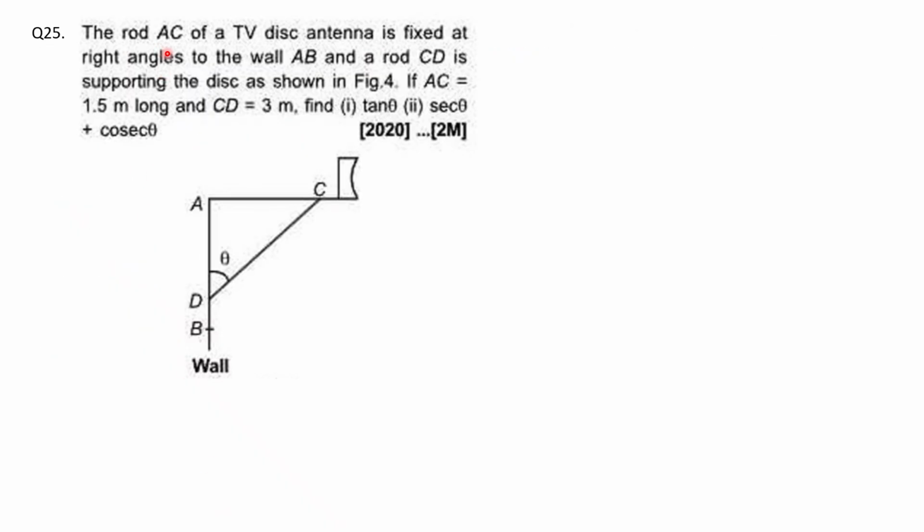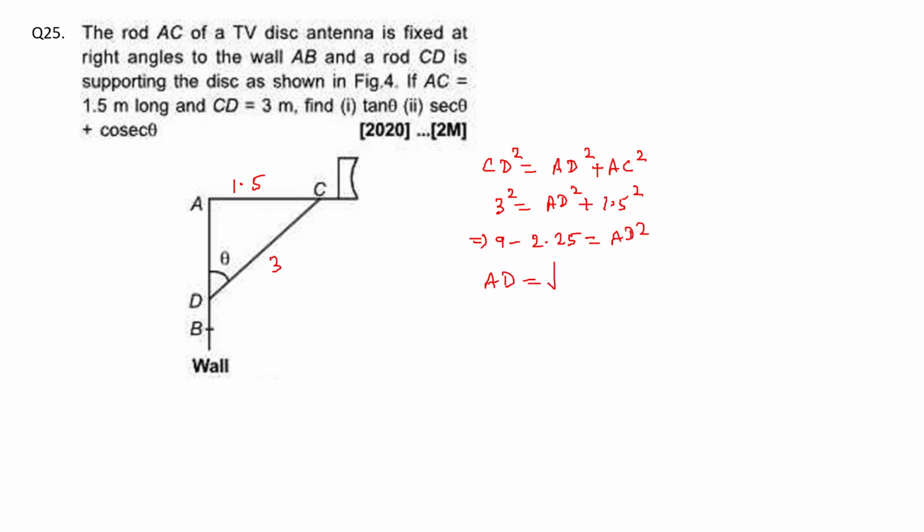Question 25. The rod AC of a TV disc antenna is fixed at right angles to the wall AB and a rod CD is supporting the disc as shown. If AC is 1.5 meter long and CD is 3 meter long, find the value of tan theta and sec theta plus cosec theta. So CD square is equal to AD square plus AC square. So 3 square equal to AD square plus 1.5 square. So 9 minus 2.25 is equal to AD square. So AD will be root of